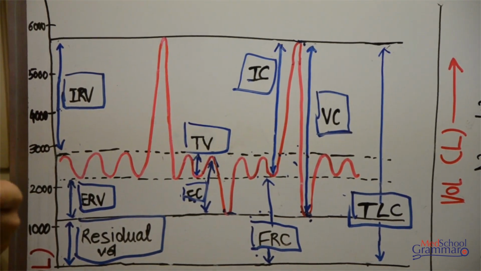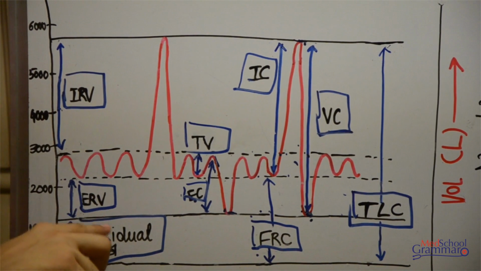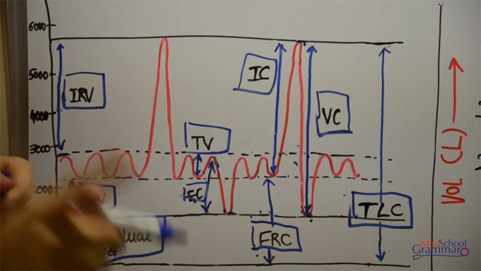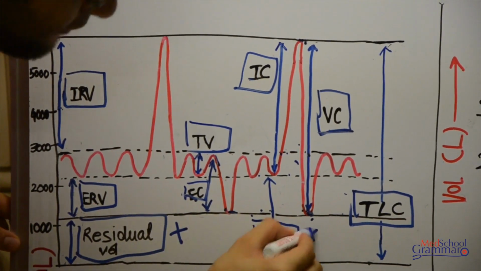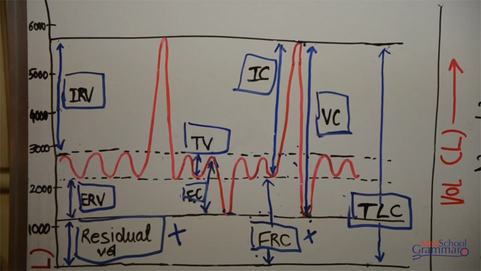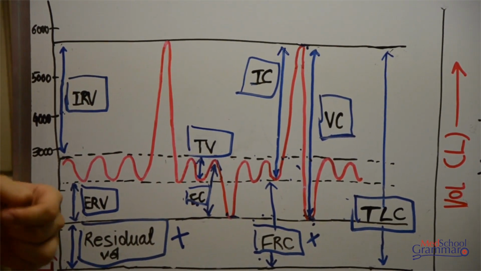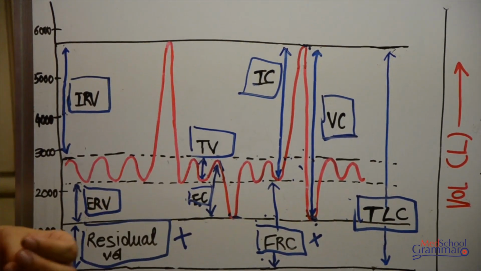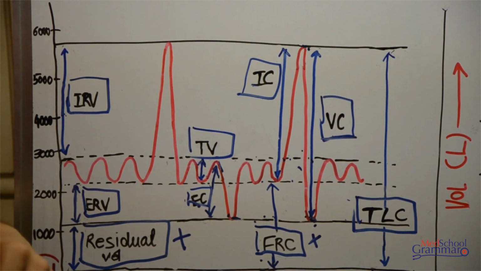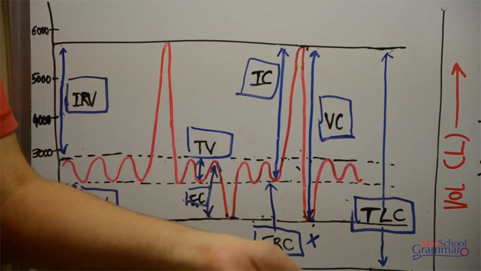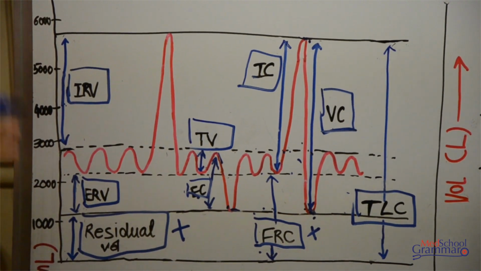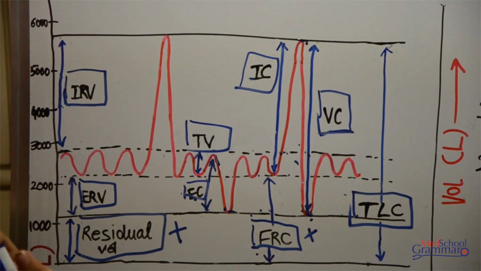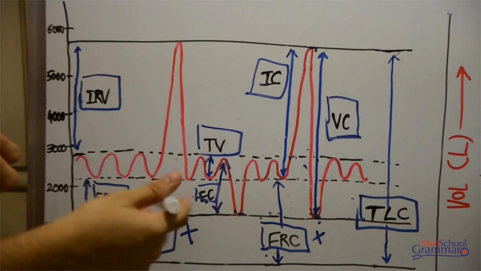Now one important thing that I have to mention over here is that the technique I mentioned earlier, spirometry, cannot measure residual volume and FRC. Why is that? Residual volume, as I said, is the amount of air that is present always in your lungs. In spirometry, if you recollect, we blow into the machine. So something that is always present in your lungs and cannot come out can obviously not be measured in the spirometer. So what we use is a different technique. The technique is known as helium dilution technique, and that technique allows us to calculate residual volume.